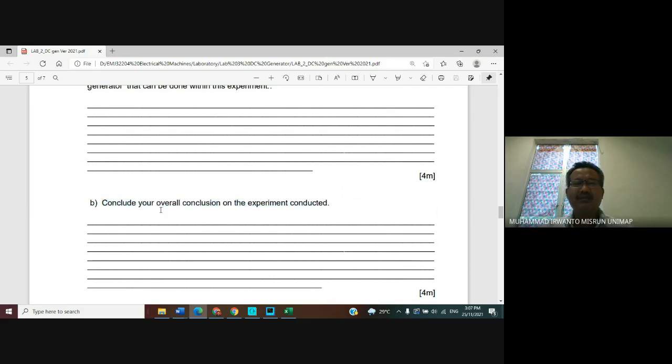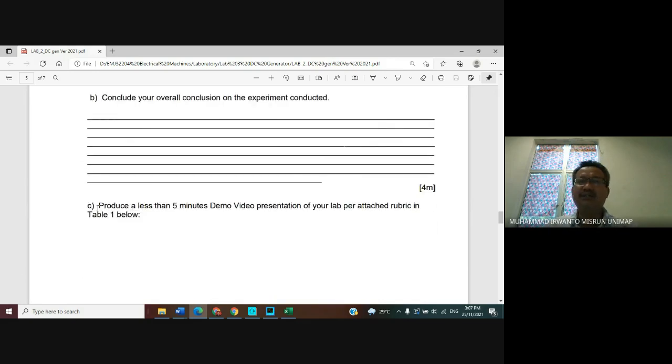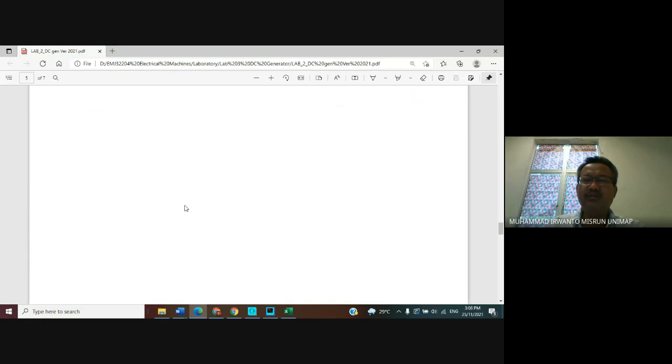And then for C, for this lab you need to create one video. Produce a less than 5 minutes demo video presentation of your lab per the attached rubric in Table 1. It means your video includes this rubric.